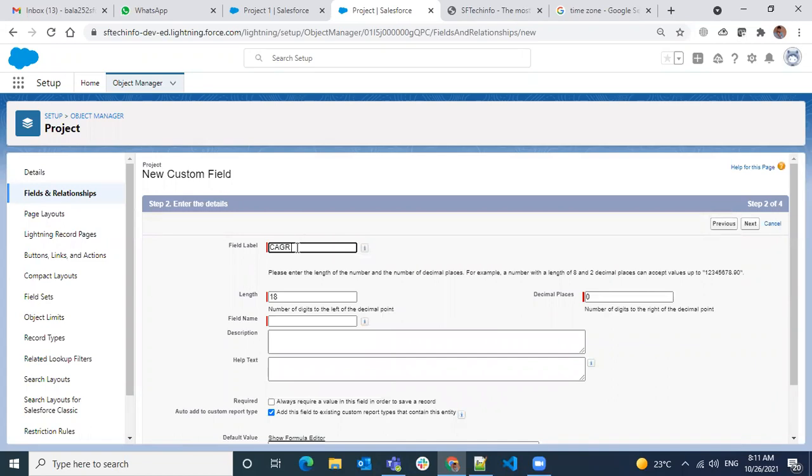Growth here. Basically it's kind of CAGR, which means average growth rate. So usually when we have company revenues and profit, they'll measure it in CAGR.